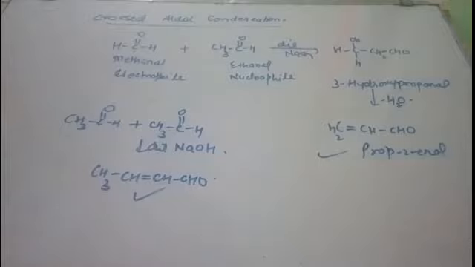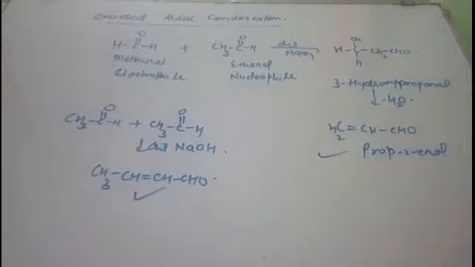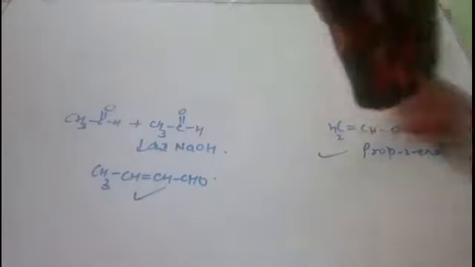Okay, now come to the next reaction, and that is Cannizzaro reaction. Next reaction is Cannizzaro reaction. Now in Cannizzaro reaction, what happens, now you know that in aldol condensation what is the must condition? That the compound should contain alpha hydrogen and the reaction take place in the presence of dilute alkali.